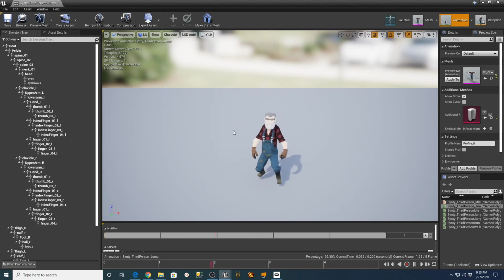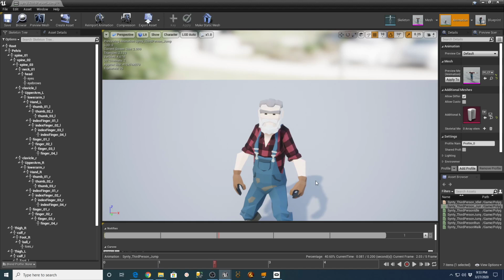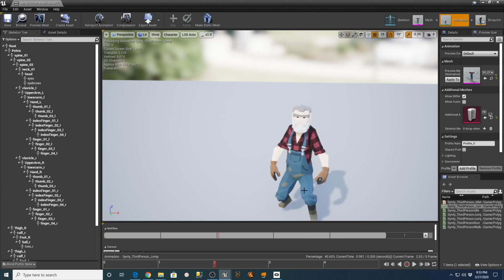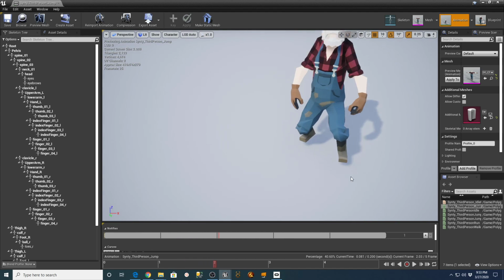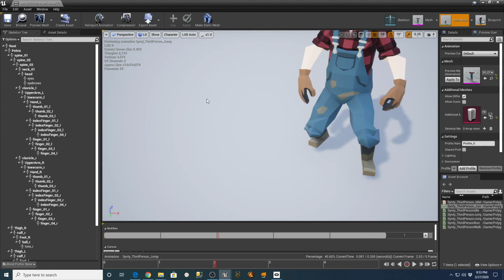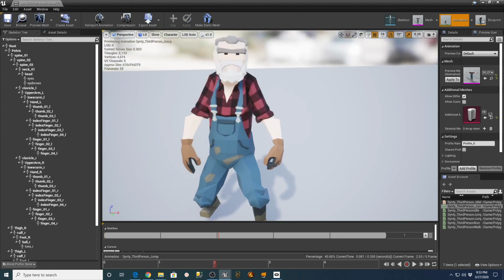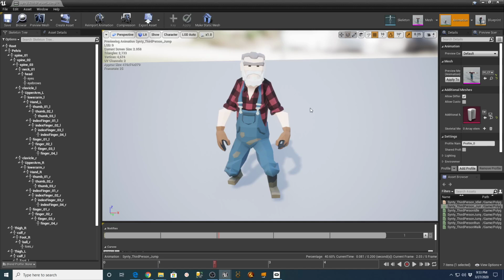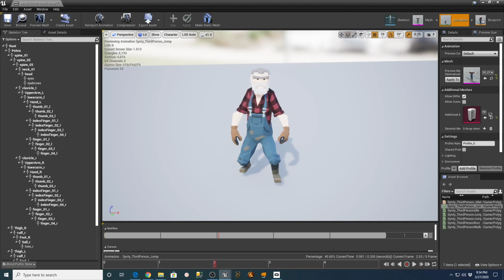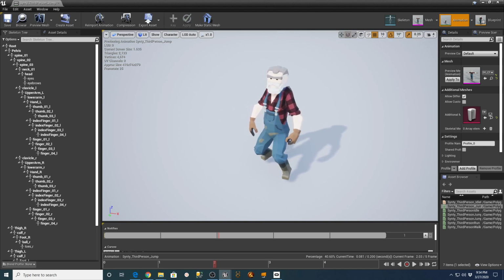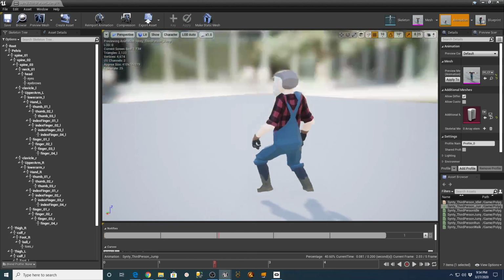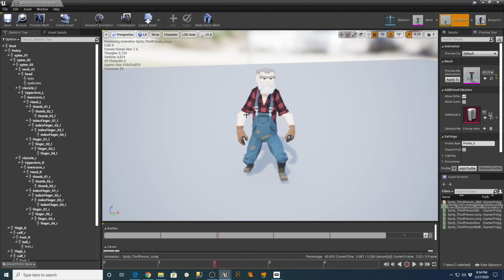Now what's funny is, look at that. So when I mapped that this time, look at that, it did twist his hand up. Son of a... Well, it might straighten out though, because what we're going to do is what we just talked about a second ago before this video. You can see how his shoulders are kind of caved in, and his arms are a little crooked and all that stuff. Well, if you go to his skeleton,